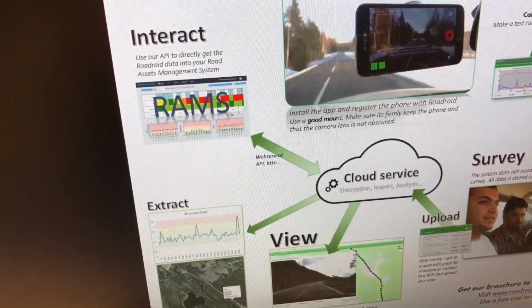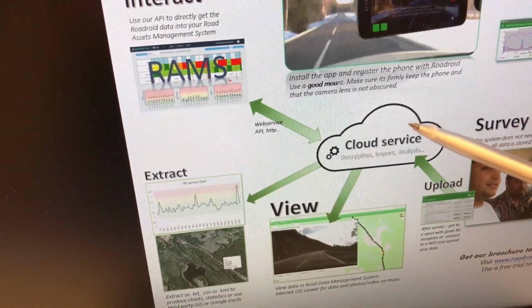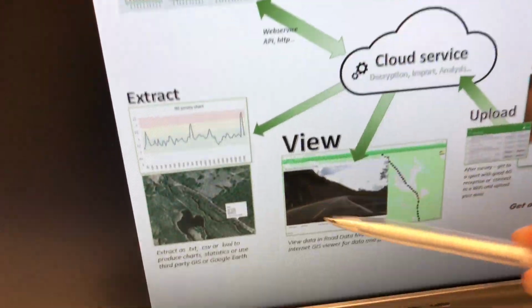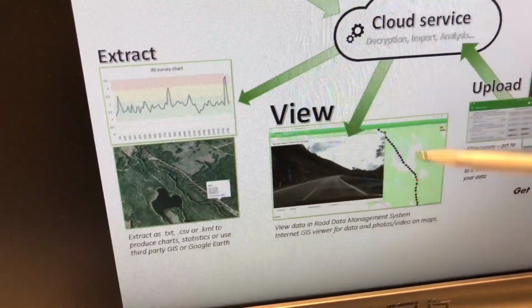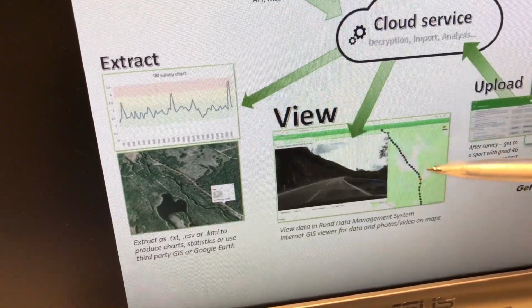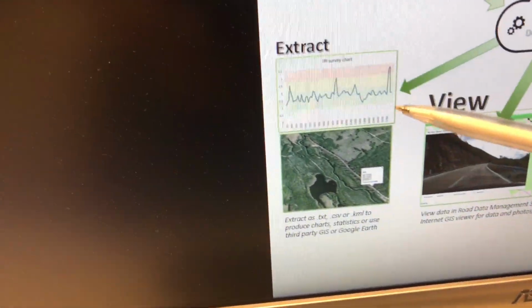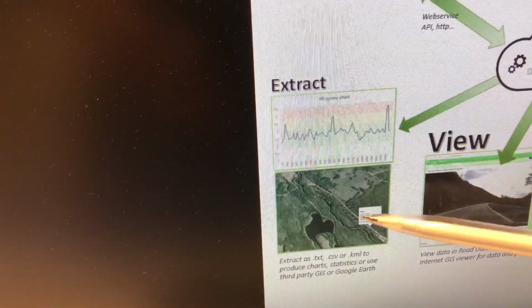And there we have a cloud service receiving the data. And this cloud service also has an option to view the data. You can see the result projected on the map with the photos located. From the system you can also extract data if you want to make charts in Excel or print the data